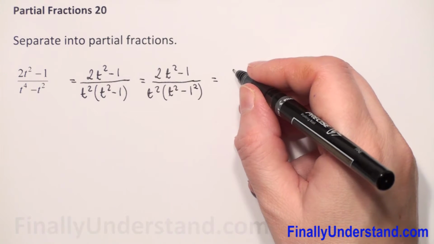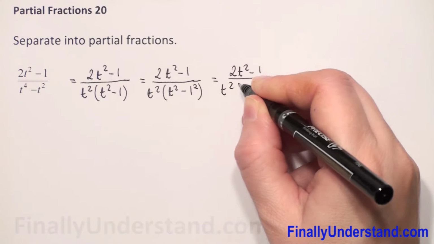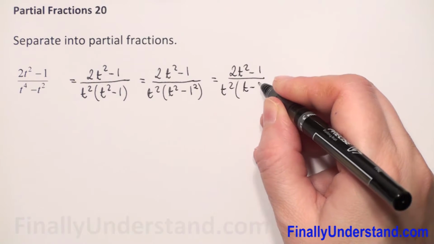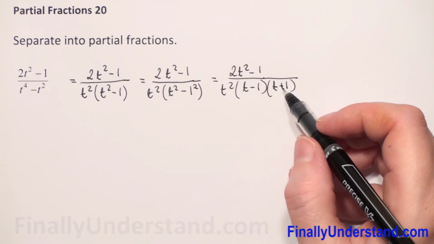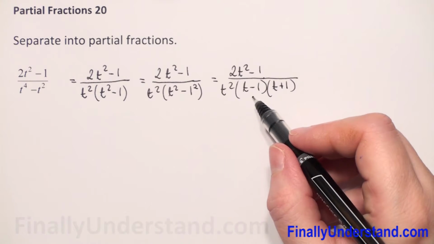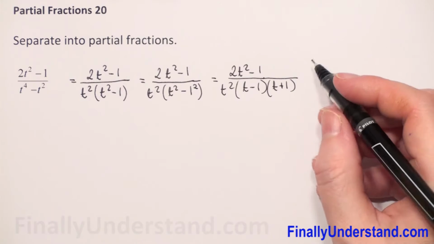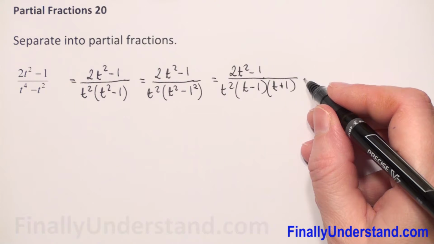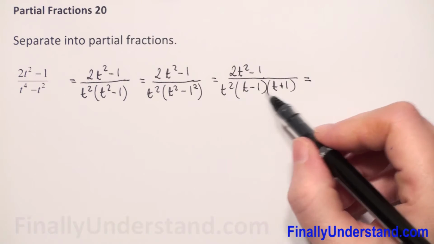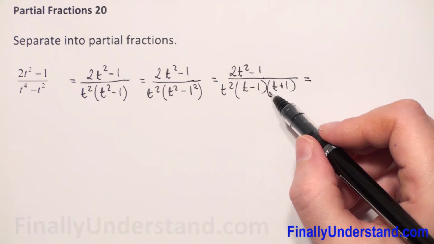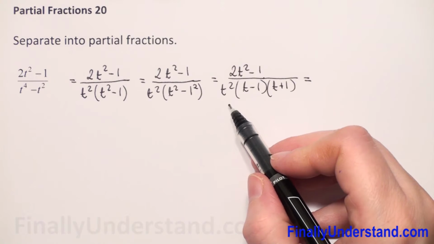let me copy the numerator, t squared, and in parentheses we will have t minus 1 times t plus 1. It doesn't matter if we write first t plus 1 or t minus 1. This is a multiplication, so we can change the order. And now we can rewrite that this is equal, when we factorize our denominator,